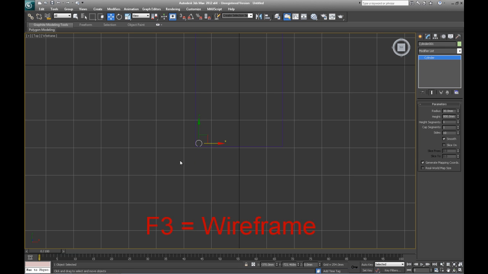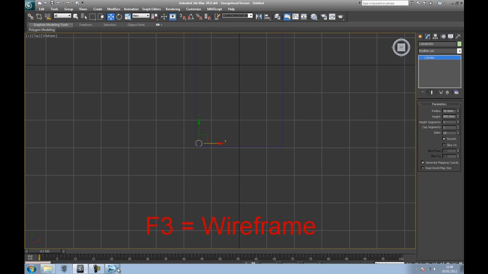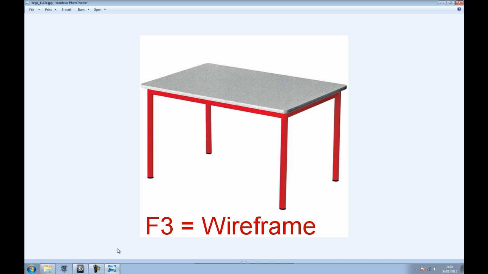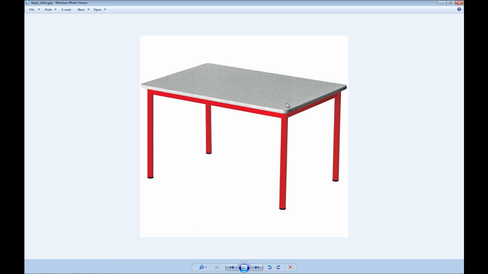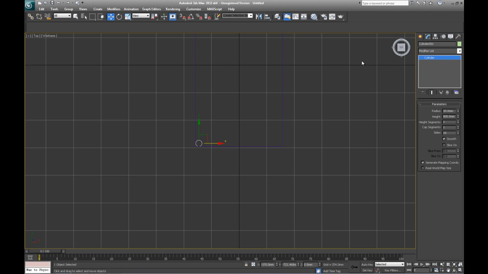Now what I'm going to do is, on the original picture we had, let's just see if I can bring it up a sec. Is it this one? There we go. The legs are actually slightly inward of the table, so they're not right on the edge, they're in slightly. So this is a useful way of doing that. If I wanted to move this along, say 5 centimeters and up 5 centimeters, so it's about here, rather than using these dimensions here, which are relative to the world position that this object's on,